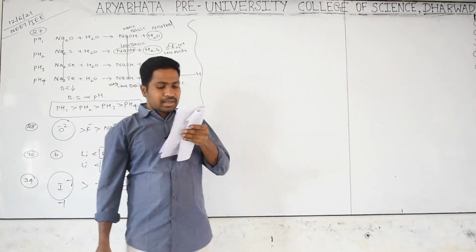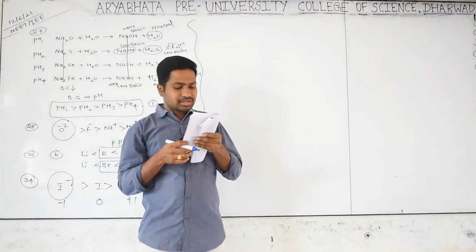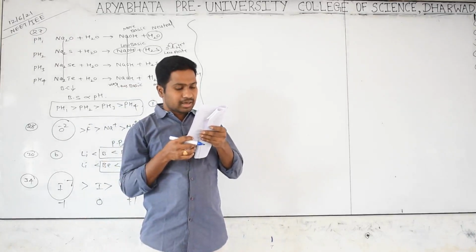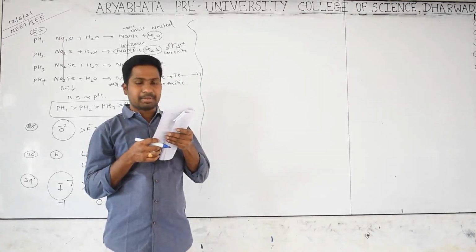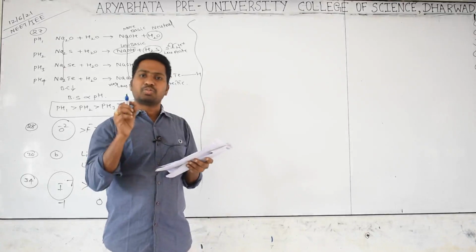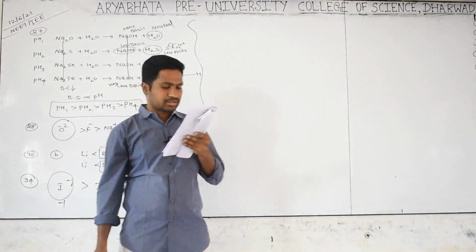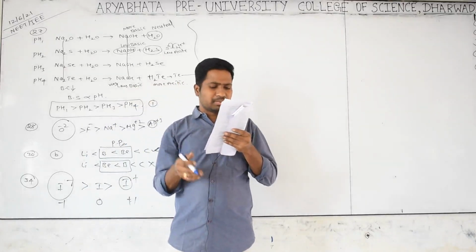Which one of the following has larger size? Larger in size means, first one Na and another one is Na plus. Na minus can't be predicted. Na minus having very small charge, thus by having bigger size. You do this one, you can get it. So many bits are there like this.